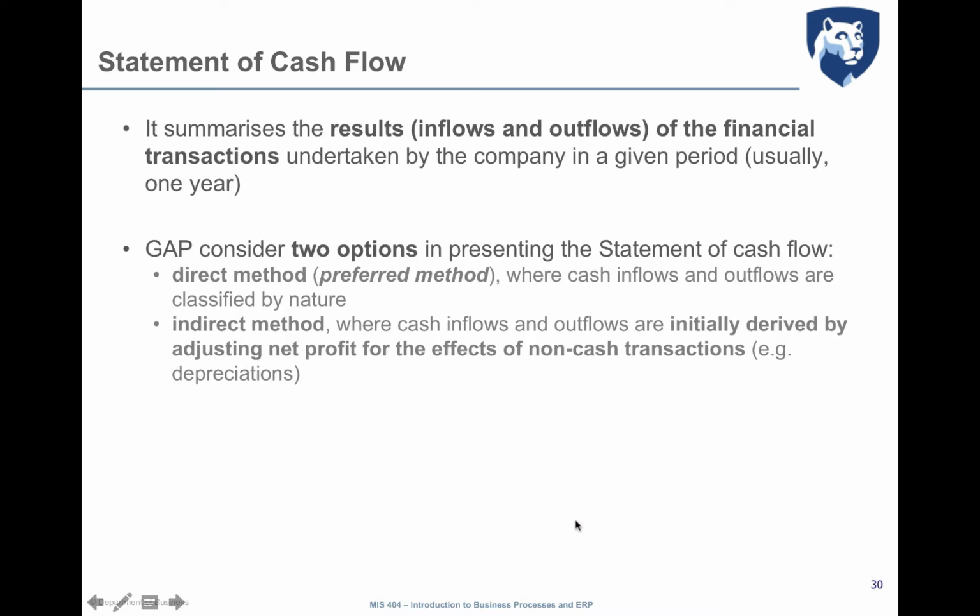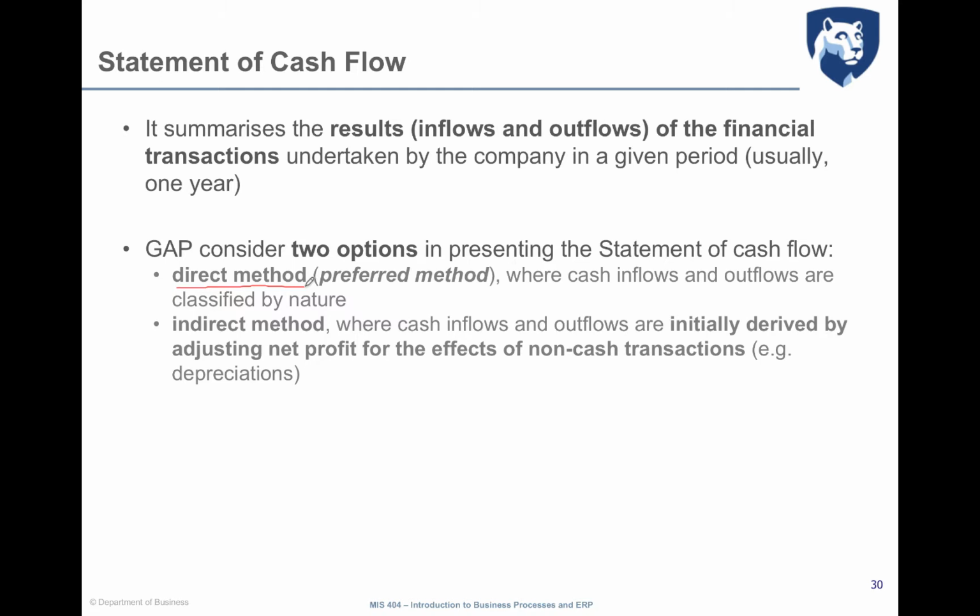Finally, we have the cash flow statement. The cash flow statement summarizes all the results, so inflows and outflows of the financial transactions that have affected the company in a given period, so usually the current year. We have two options to present the statement of cash flow. The direct method, which is also the preferred method, we essentially sum all of the cash in